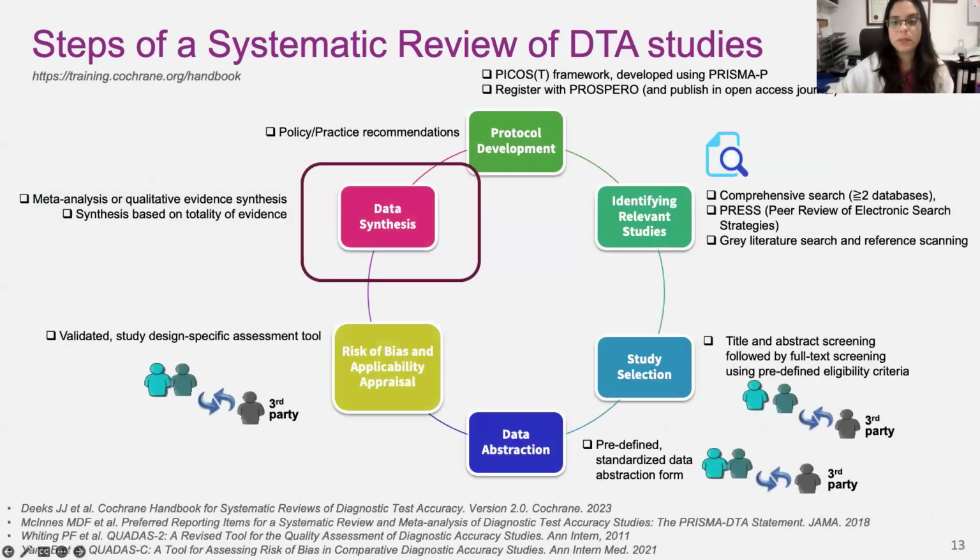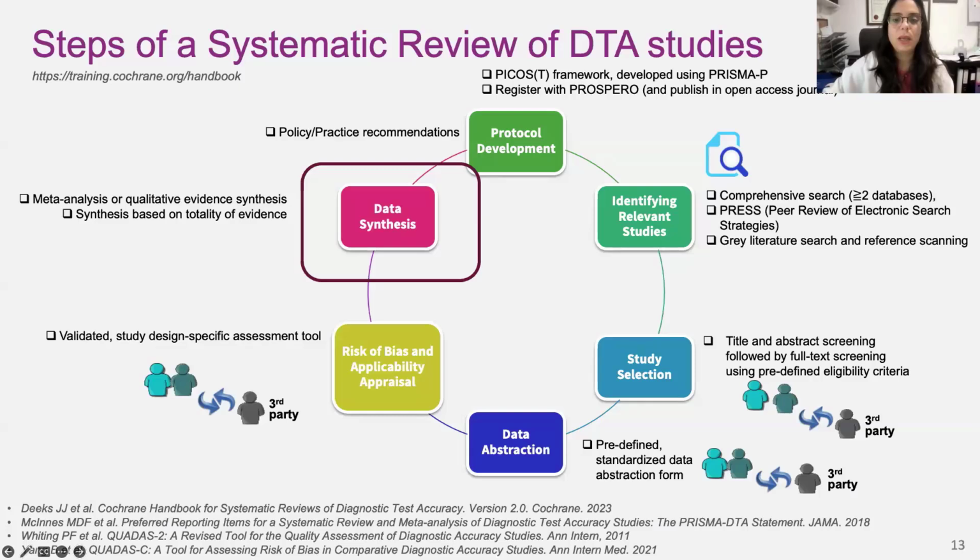Now, overall, the steps of the systematic review, as we said, are the same as the systematic reviews of interventions. So I will not go through the full process. This is, I guess, familiar to everyone. However, in this figure, we can briefly see that we start with the protocol development, then we move on to the literature search, the screening process, the data abstraction, the risk of bias appraisal, and then we go to the data analysis and interpretation of the results, along with the credibility assessment, of course, of the results in the end,